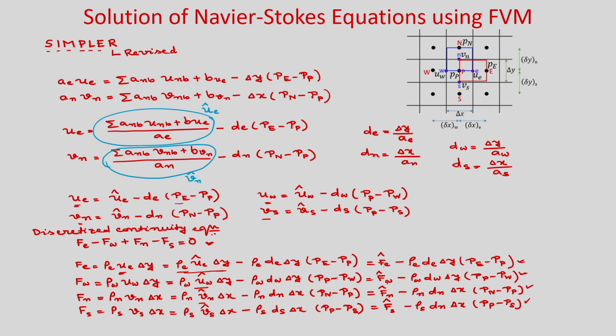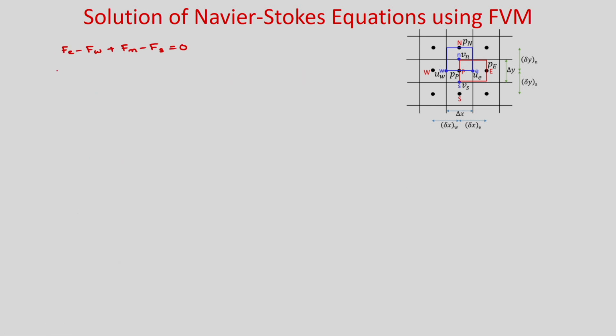First you write Fe minus Fw plus Fn minus Fs. So, if you write it, you will get Fe hat minus Fw hat plus Fn hat minus Fs hat. Okay. And rest we have